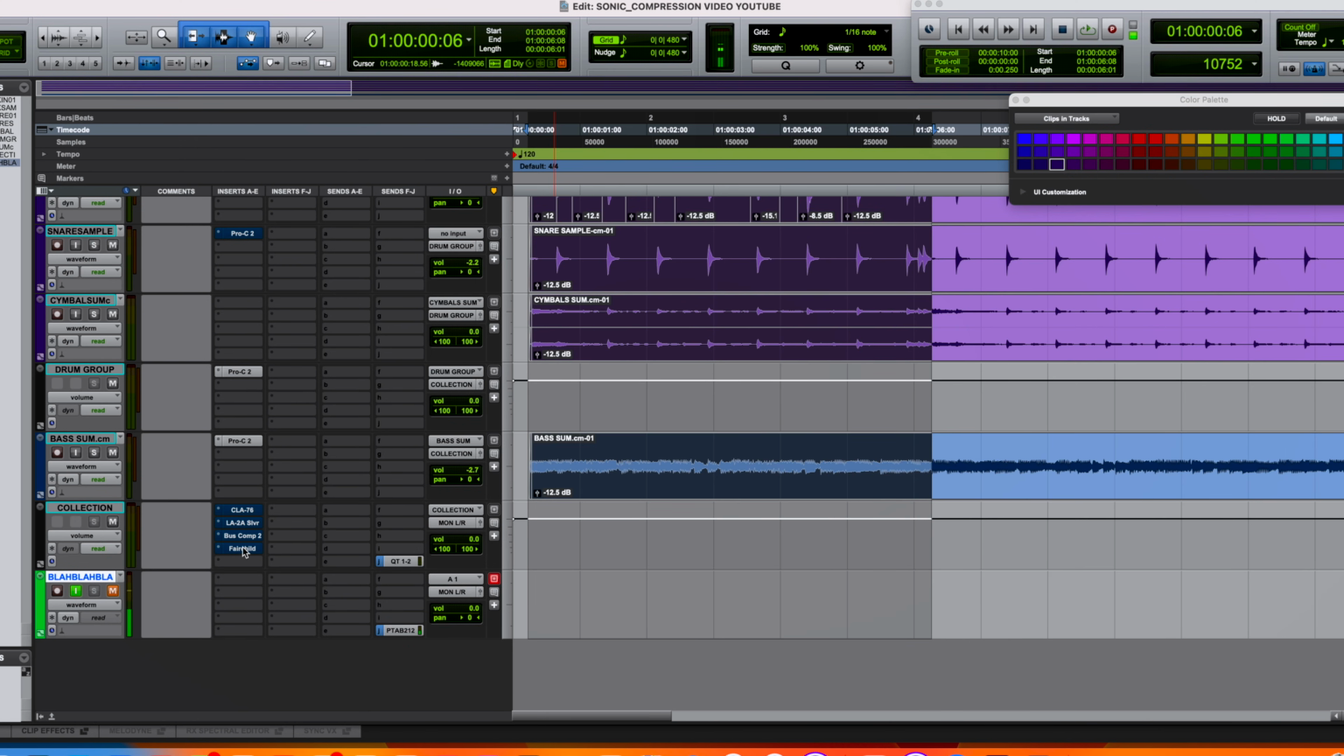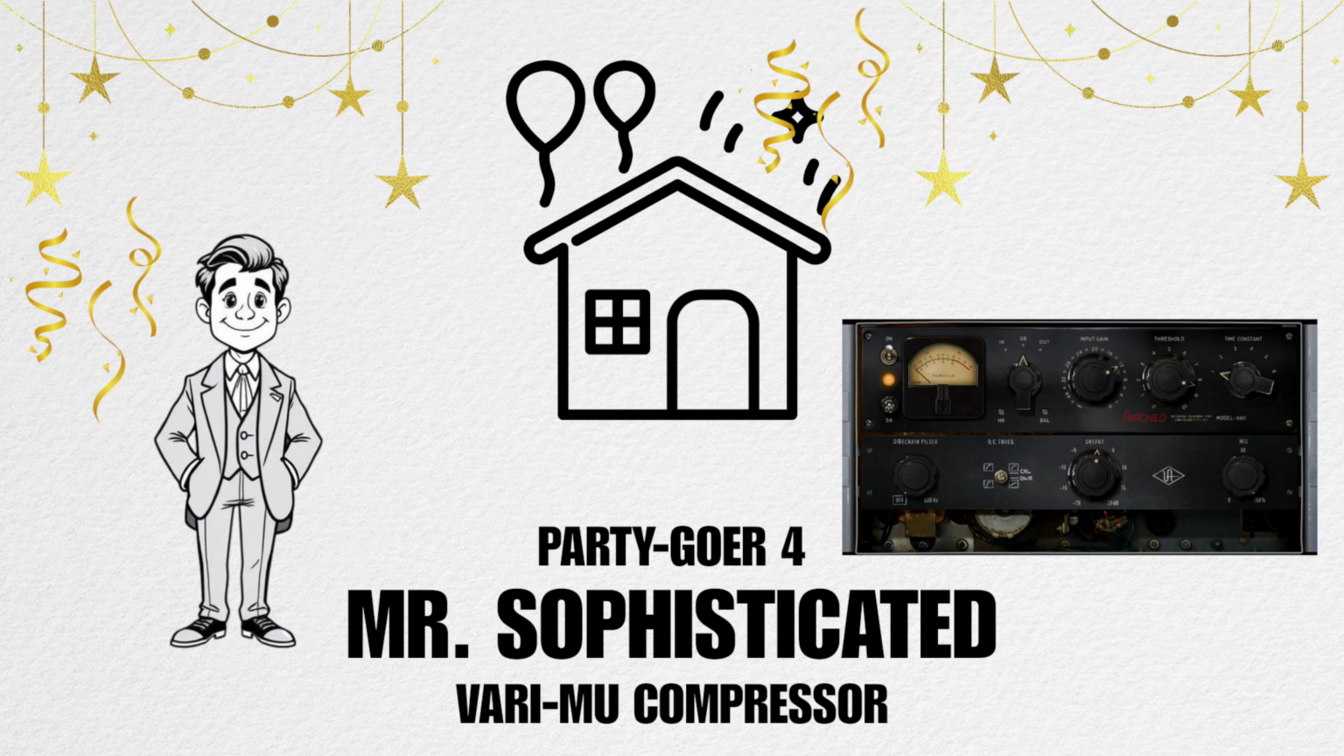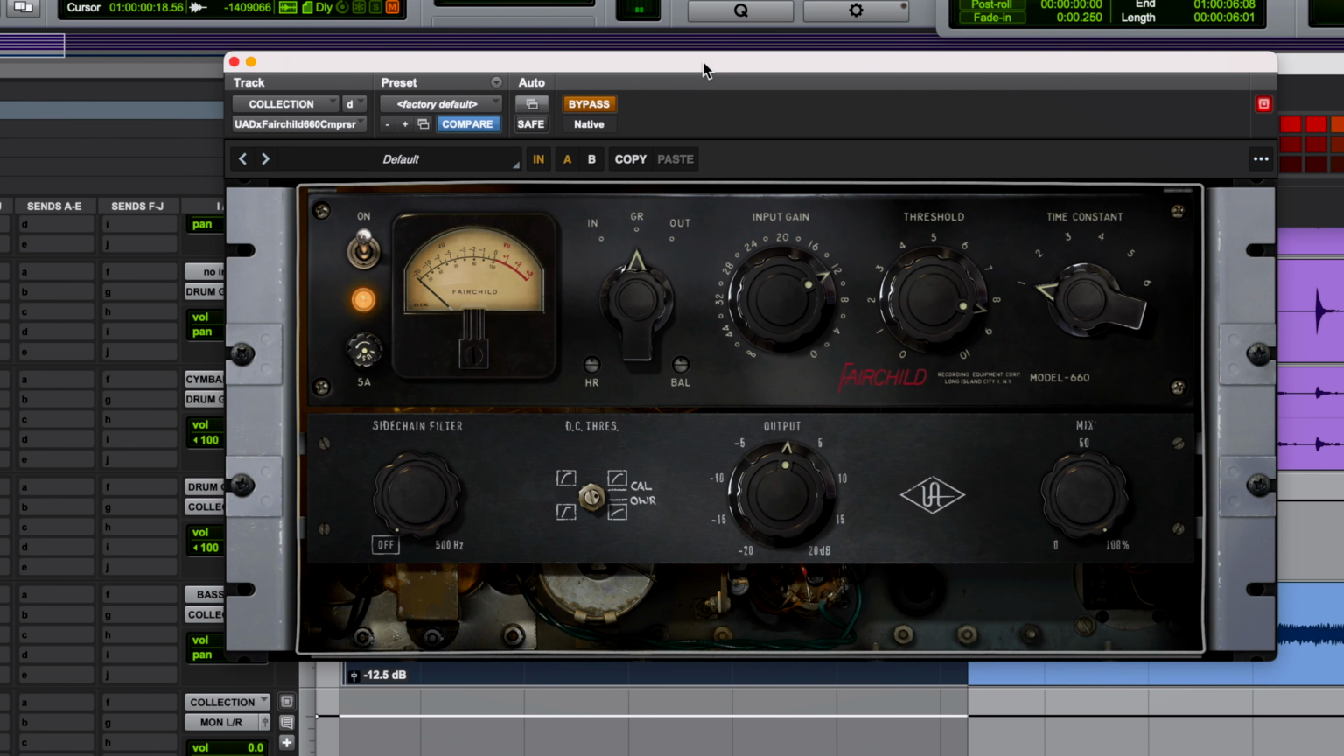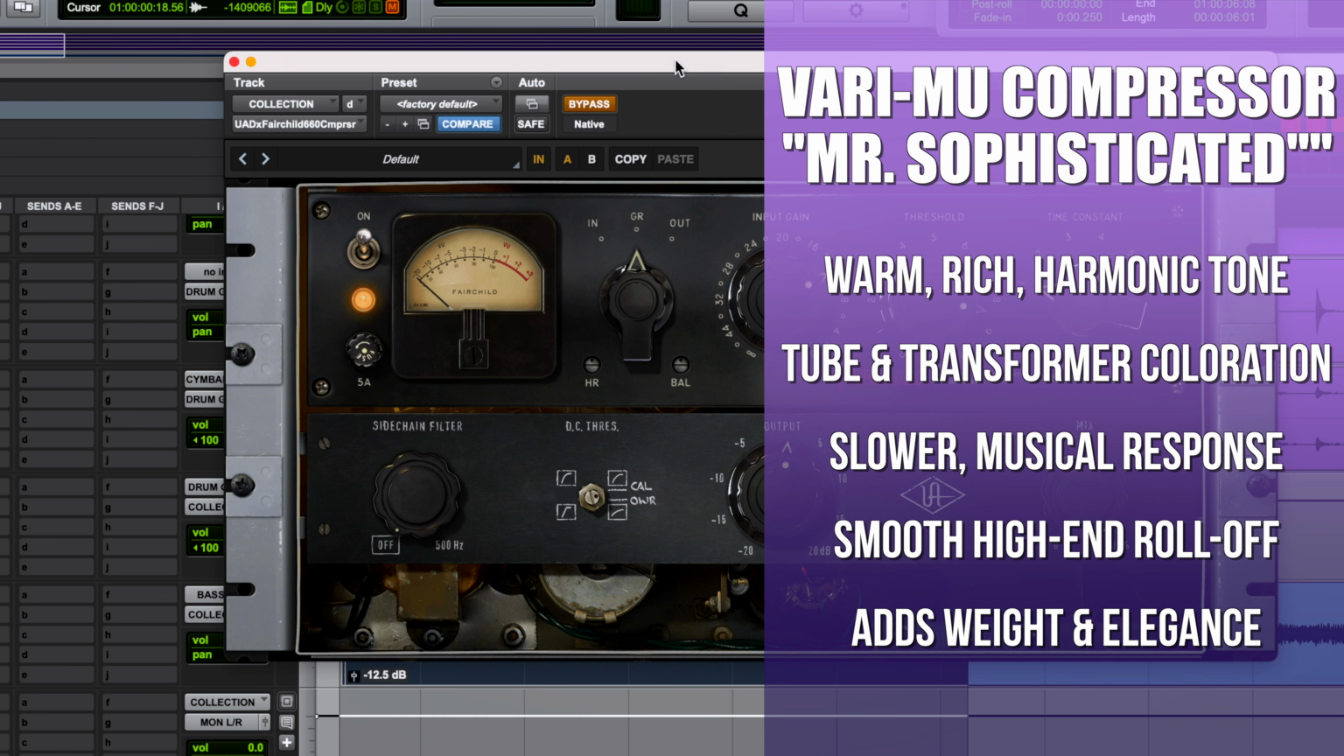Okay, and the last to the party is Mr. Sophisticated, and that is the Fairchild. I have the unfair Fairchild, the real analog piece, and these units are a beast in real life. They're like 2 people to carry kind of things. They're just loaded with tubes and big fat transformers, so they're just monster units that impose a ton of